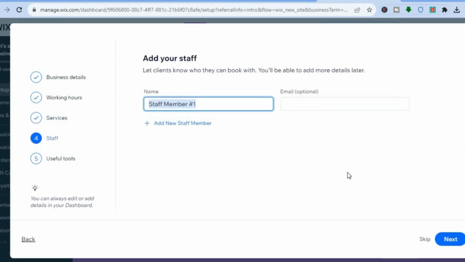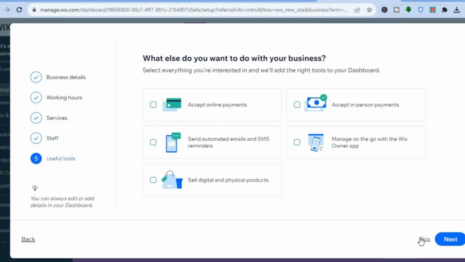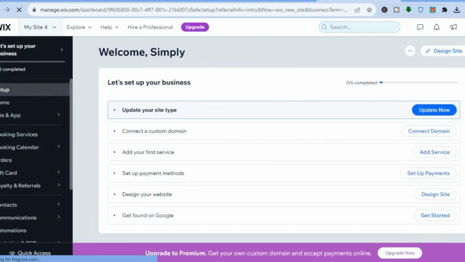Then you'll be able to add your staff members. After you have added your staff members, if you plan on accepting online payments, you can simply toggle any one of these on. Then you'll tap on next. Once you're finished setting it up,